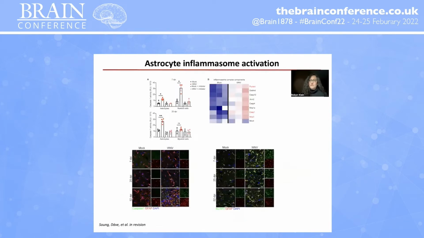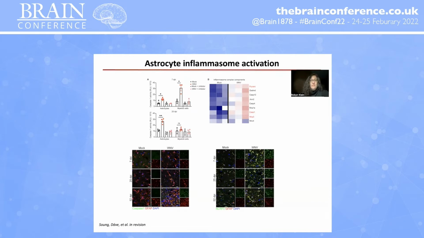And so one of the questions that remained, which has been recently published in a paper in Brain, Behavior, and Immunity, so although it says in revision, it's actually in press, is that astrocytes can have inflammasome activation. One of the questions I repeatedly got was, how was IL-1 beta being expressed by astrocytes, even though they're not targeted by virus? So at the top, I'm showing caspase-1 activity in astrocytes and myeloid cells at 7 and 25 days post-infection. You can see that the myeloid cells are in fact delivering